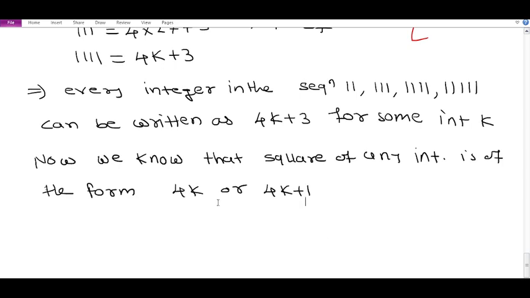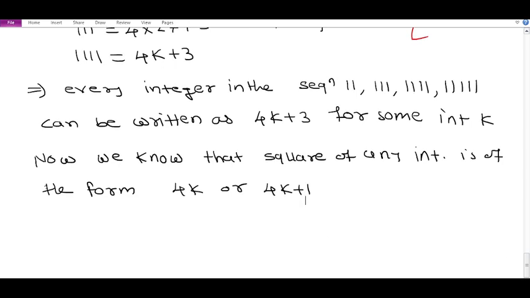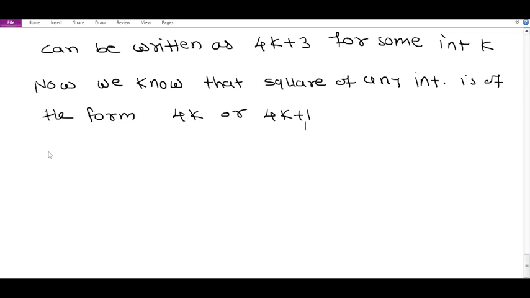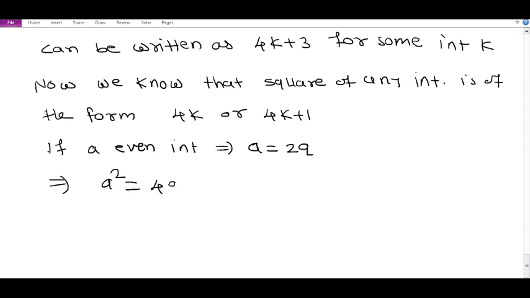Say if a is an even integer, then a is equal to twice q for some integer q. So a squared is equal to 4q squared, which can be written as 4k. And if a is odd,